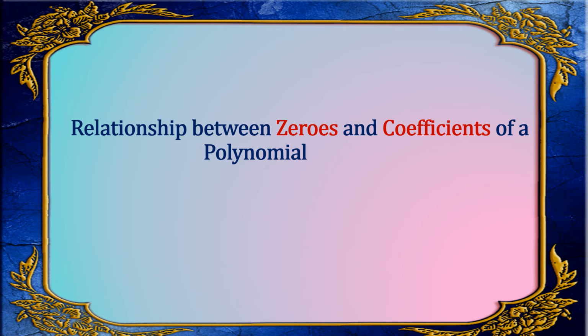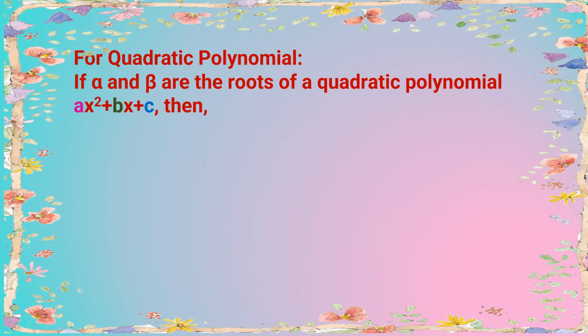Dear students, in the previous exercise, we learned the geometrical meaning of the zeros of a polynomial. Now, in this exercise 2.2, we are going to learn the relationship between zeros and coefficients of a polynomial. So, for a quadratic polynomial, if alpha and beta are the roots of a quadratic polynomial, ax square plus bx